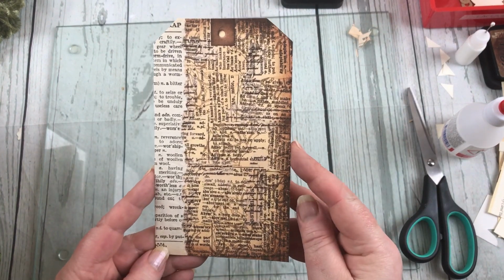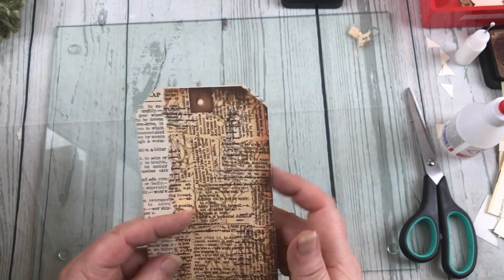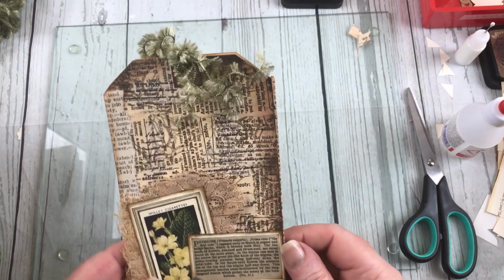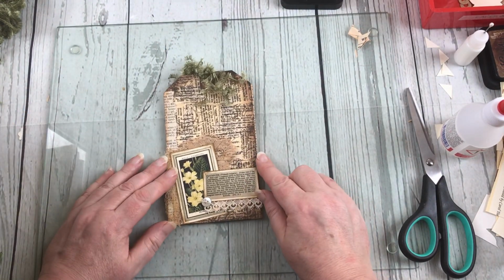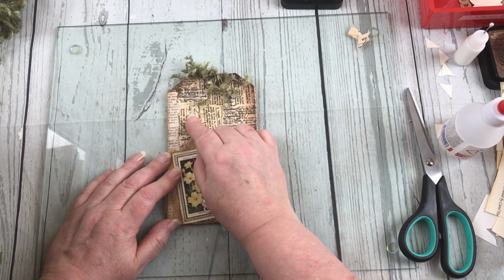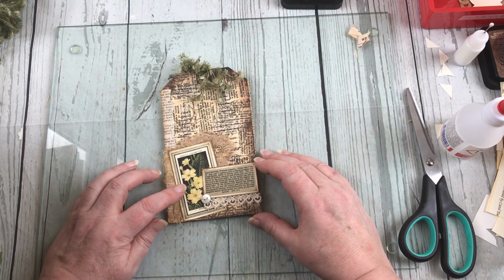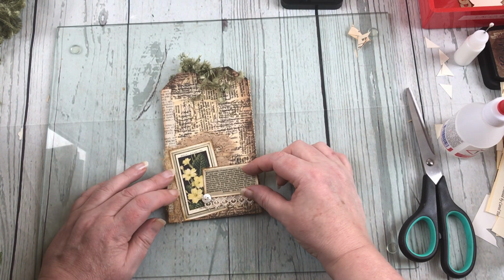Okay, so that's what the front of your tag would then look like, and then obviously you've got the inside pieces as well. So if I just show you the actual tag that I created. Here you can see the paper that I used as the hinge to attach the three pieces together, and then I cut up one of the cigarette cards again and its piece of information,